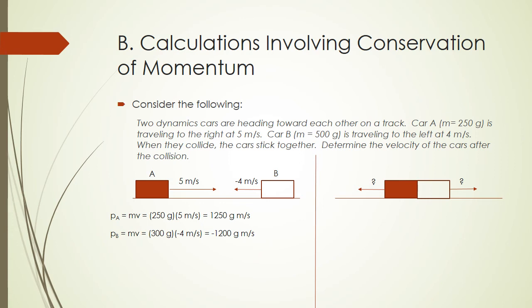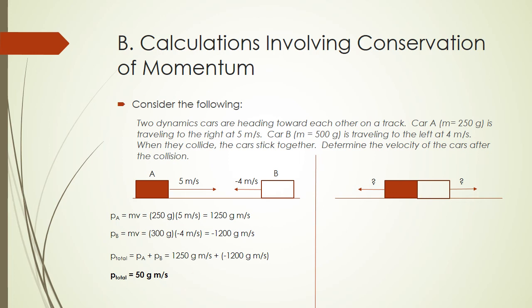Again, remember, it's going in the opposite direction. A negative momentum is perfectly fine, because momentum is just like a velocity, in that it also includes a direction. The fact that its momentum is negative tells us that its momentum is in the opposite direction of A's. So now that we have the two momenta, we can find the total by adding them together. The total momentum before the collision is the momentum of A plus the momentum of B, which is 1,250 gram meters per second, plus the negative 1,200 gram meters per second for B. If you add those together, that will give you 50 gram meters per second for the total momentum of the